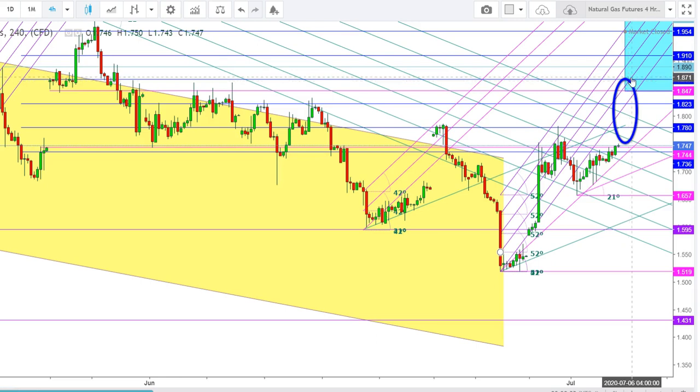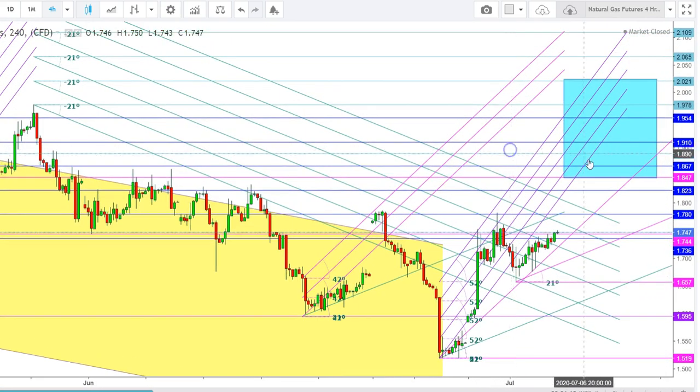And if the natural gas futures successfully create this gap up on the first trading session of the upcoming week, we will see the natural gas futures to find a strong support at the levels of $1.847, and I find that during the upcoming week the natural gas futures may remain in a bullish tone and try to test the levels of $2.2 during the upcoming week, and the main trading zone for the upcoming week will be this one,